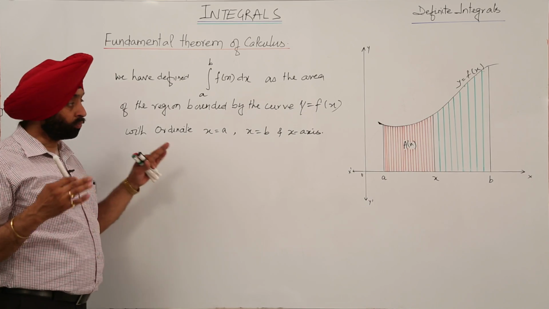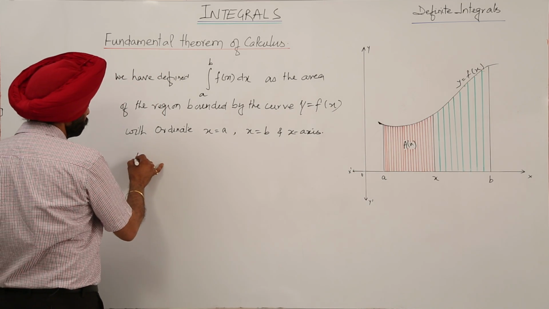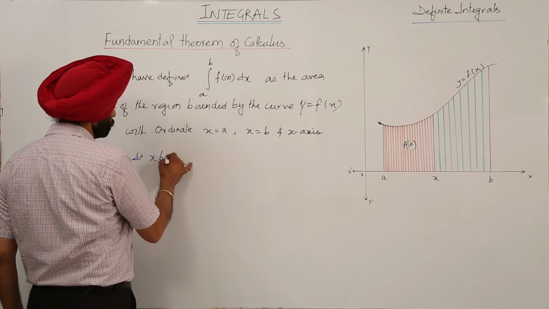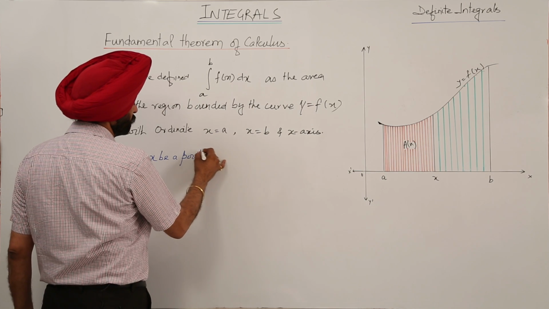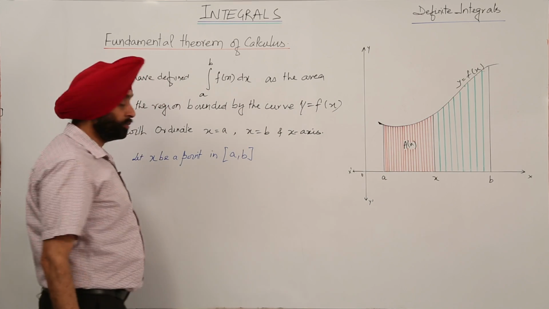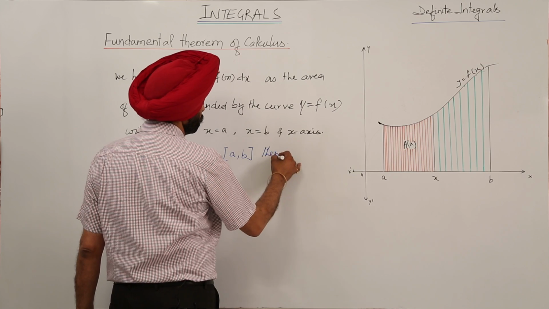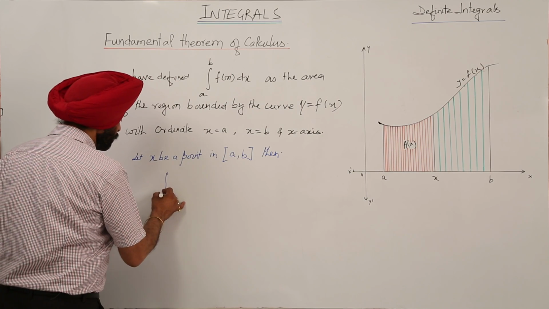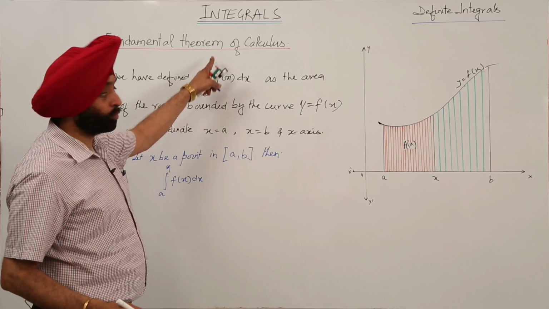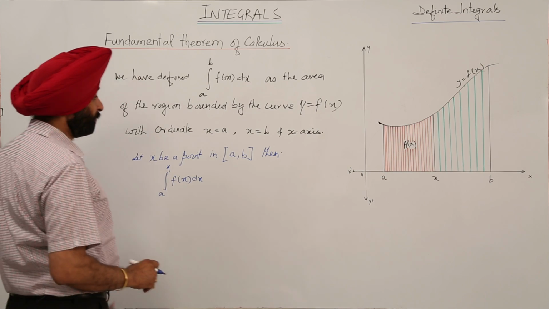Now, basically, let's define it in a more sophisticated way. Let x be a point in the interval a comma b, and naturally it is on the x-axis. Then if I am writing the integral from a to x of f(x) dx, earlier it was a to b, from here to here. Now I have written from a to x of f(x) dx,